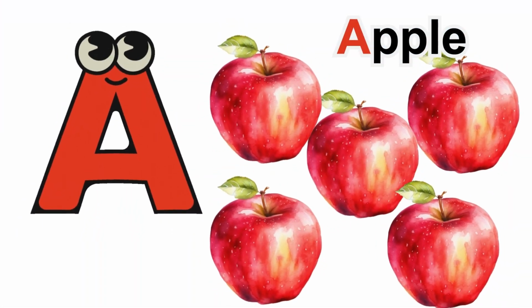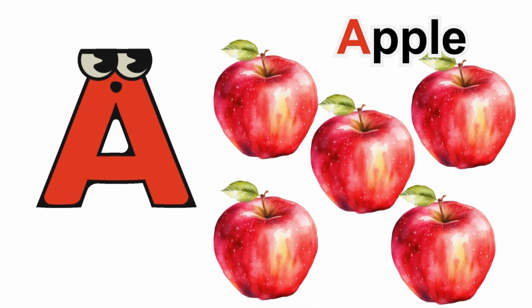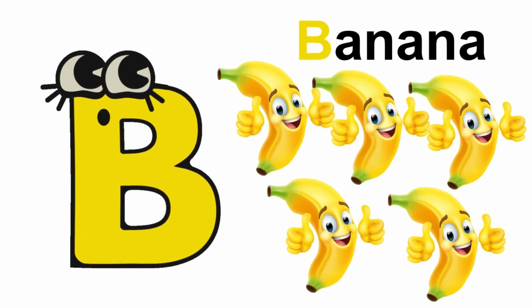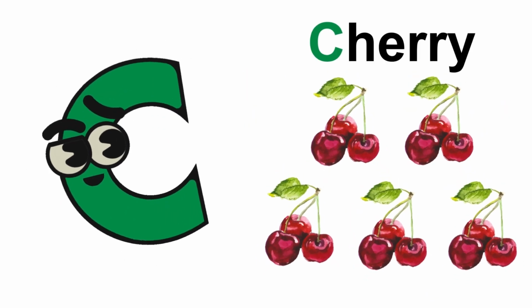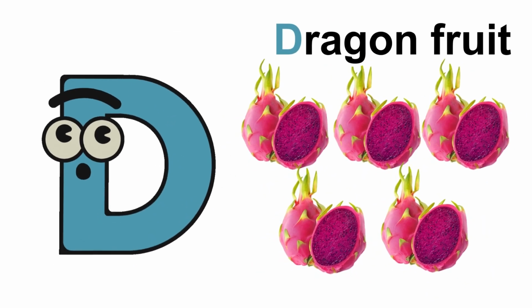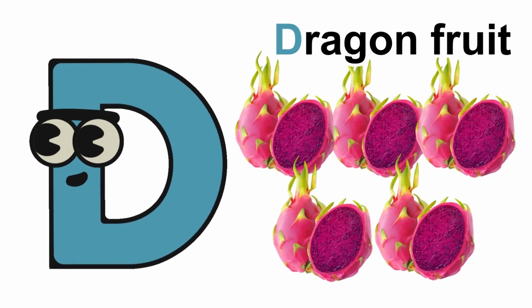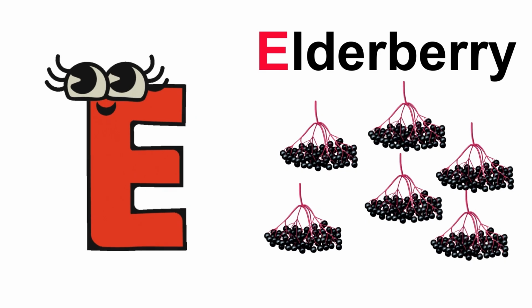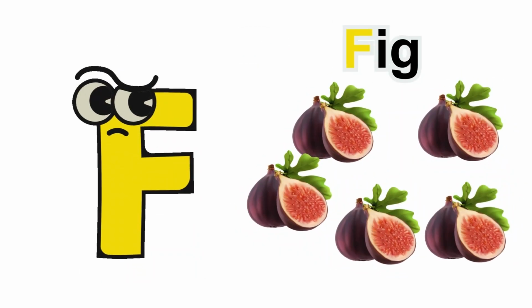A is for apple, apple. B is for banana, banana. C is for cherry, cherry. D is for dragon fruit, dragon fruit. E is for elderberry, elderberry. F is for fig,